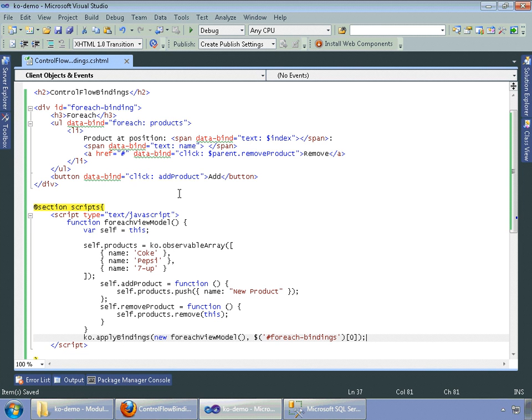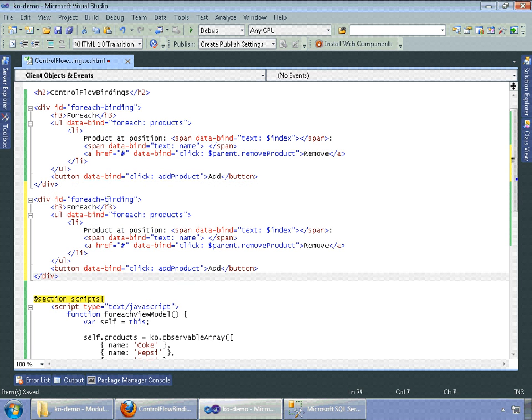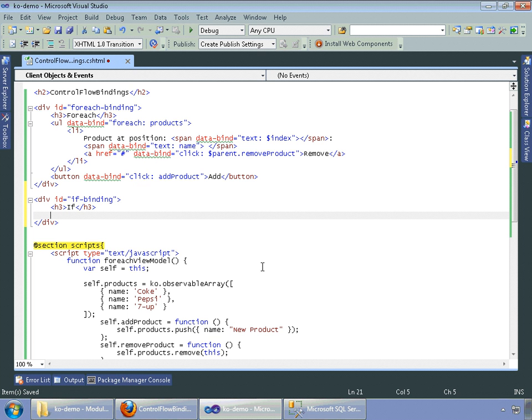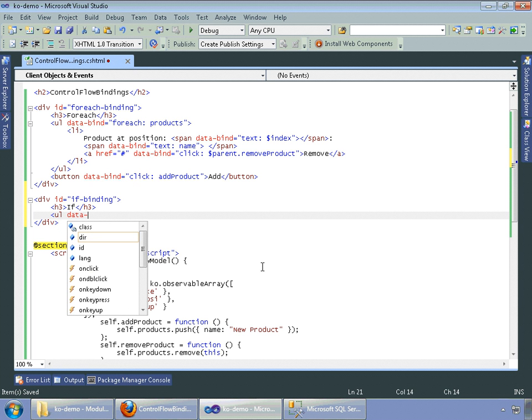Back in our control flow bindings view, let's go ahead and copy the previous section that we used for each, paste it, rename the ID to if binding, name the title if, and go ahead and delete all of the HTML code that's there, and type UL, data-bind,